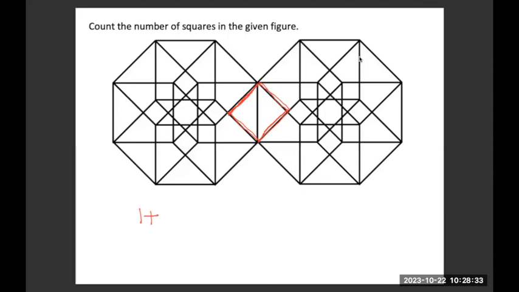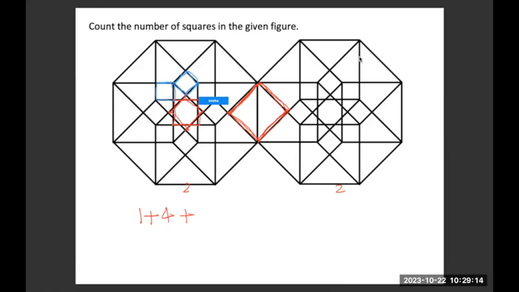Okay, let's count it. In the first trace, I've written 1 here. Besides that, I will count this figure and I will also count this square, the diagonal diamond square. I'll count both the squares. So 2 on this side and 2 on the other side. So 4 plus, let me take a different color, plus 8